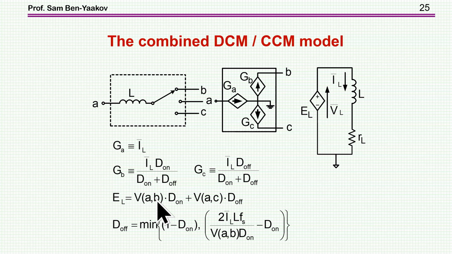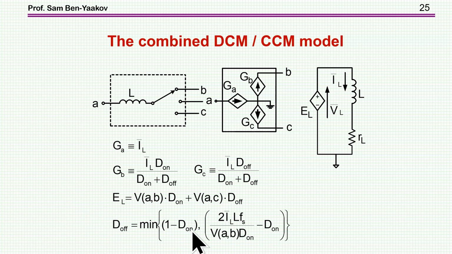This is the definition of the voltage across the inductor, while this is D off, which is calculated from this equation. But I've now added a feature which is available in most simulators, and that is a logic decision that D off is the minimum between the D off of the DCM or